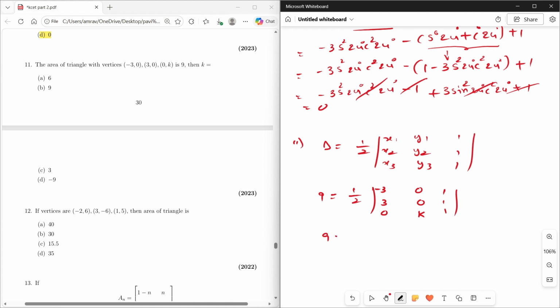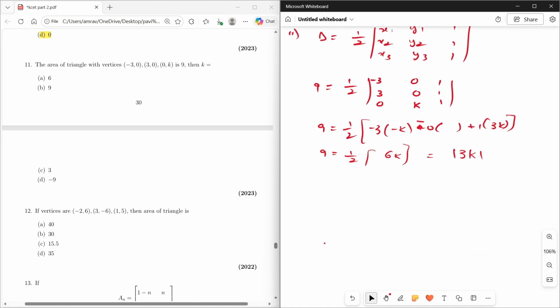Okay, very simple. So 9 is equal to half into, now just expand this, minus 3 into 0 minus k. Now plus 0, this term gets vanished, so we don't need to write the second term. And next plus 1 into 3 into k is 3k, and 0 into 0 is 0, so no need to write that. So 9 is equal to 1 by 2 into minus plus 3k, and here one more 3k, so it will be 6k. So determinant of 6k is equal to modulus of 3k, because